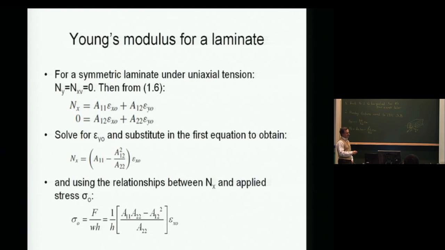So if I want to calculate sigma 0, I take my F over w and divide by h. But my F over w, which is Nx, is given by this. So the right-hand side here has the F over w and the 1 over h coming from this term. So now I have finally managed to relate my applied stress to the resulting strain. And we know that